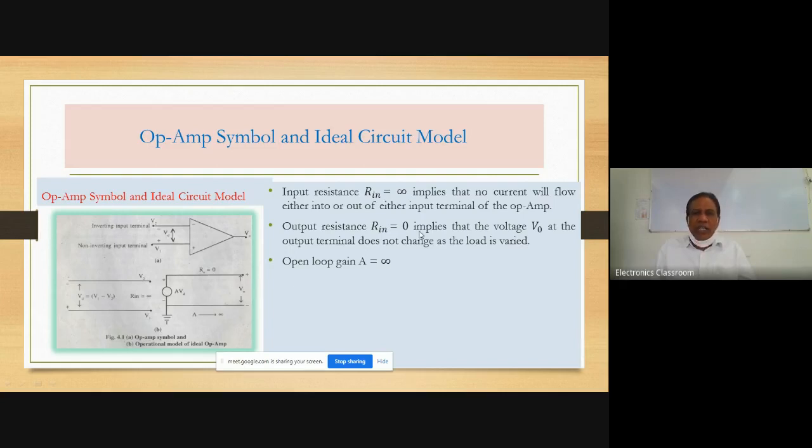In short, I wish to say that when output resistance is equal to 0 — आउटपुट रेजिस्टन्स इनपुटच्या ऐवजी आउटपुट रेजिस्टन्स, हे चुकून झालेलं आहे — आउटपुट रेजिस्टन्स इज इक्वल टू 0, that means the output terminals or the output voltage V0 does not change with the load, does not change the speed of the motor. If the load is a motor, the speed of